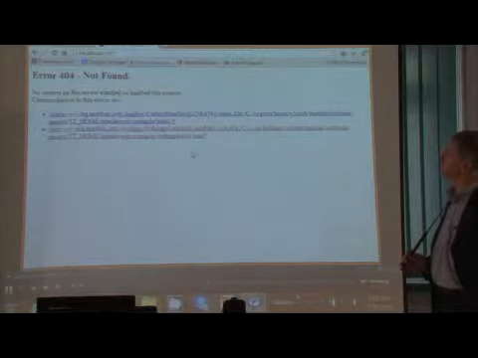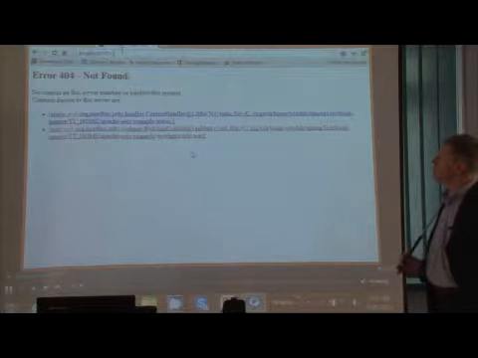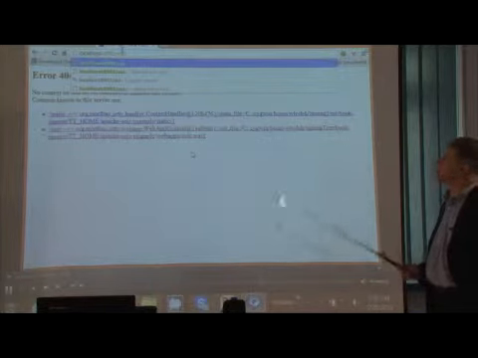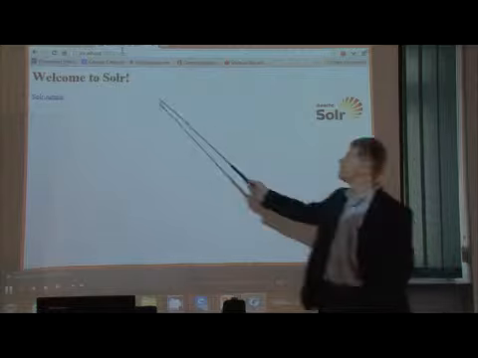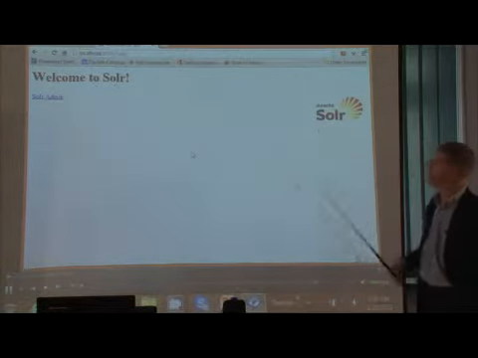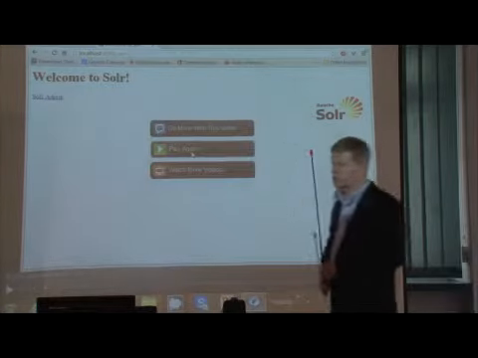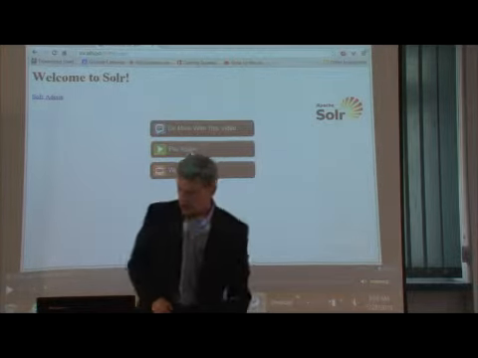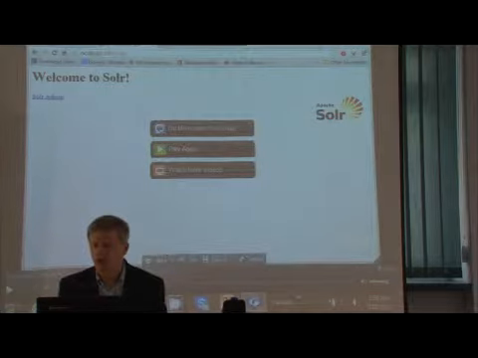localhost slash solar does the trick, and it tells you that somewhere in the background I have a Solr server running, so the search engine is there. All right, once we have that,